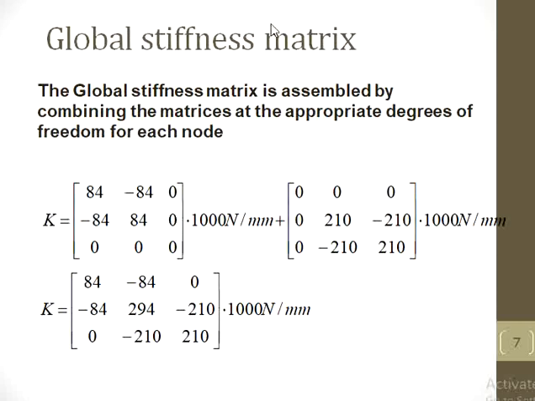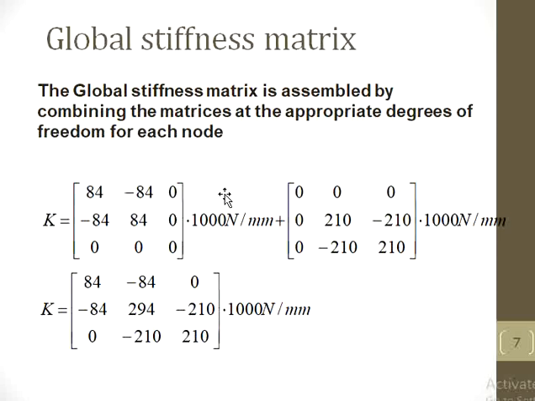Then the next step, that is preparation or formation of the global stiffness matrix. The size of the global stiffness matrix depends upon the degree of freedom of each node. We have two elements and three nodes, so our global stiffness matrix size is 3 by 3. That depends upon degree of freedom, or you can simply consider the number of nodes for deciding the size of the global stiffness matrix.